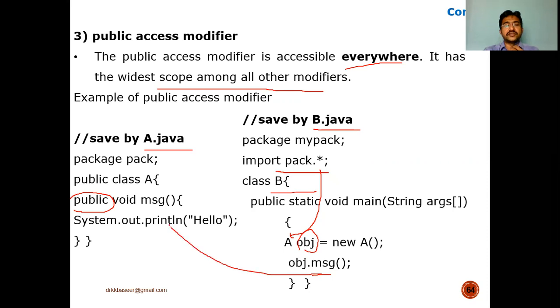Obj.msg. Directly I'm going to be calling it, because I have created this method as public, and there's no need to have the inheritance concept. Directly I'm creating the object of that A class. With the help of that object of A class, I'm going to be calling the method A msg. Now let me run the program.